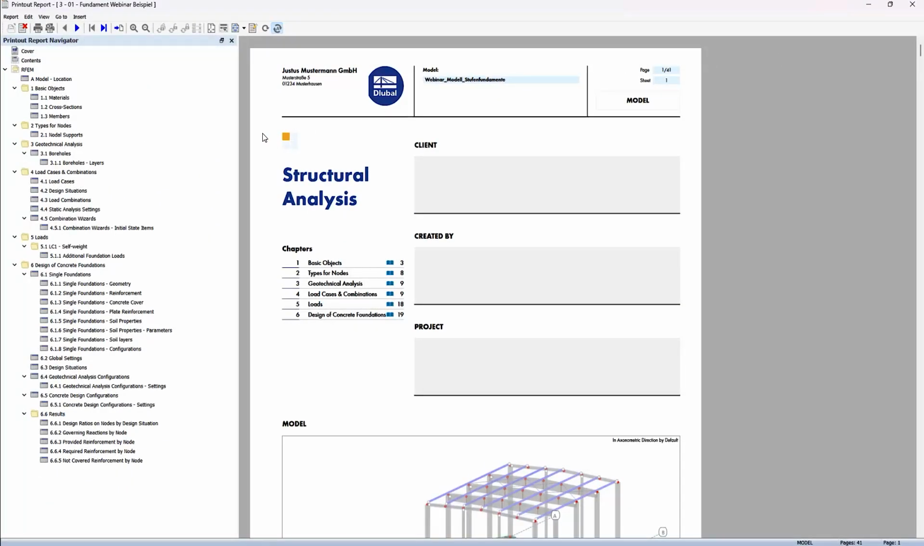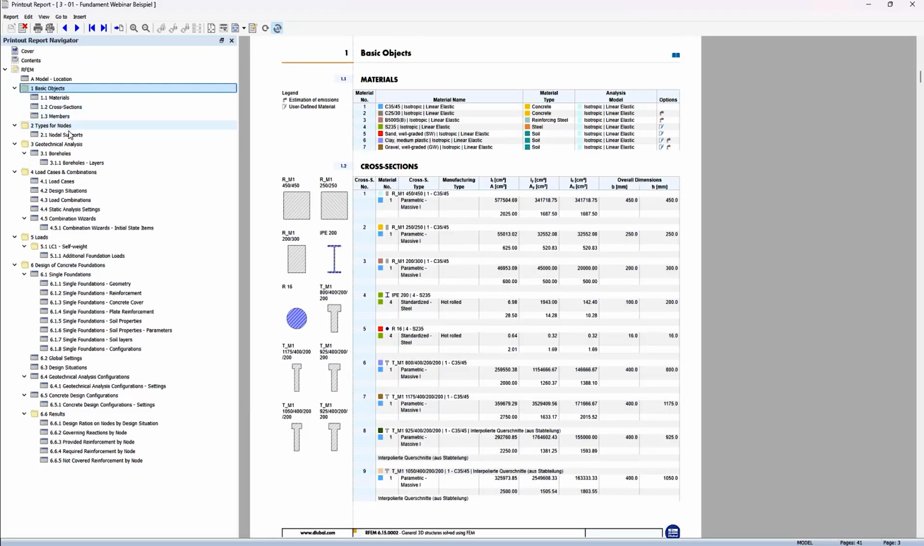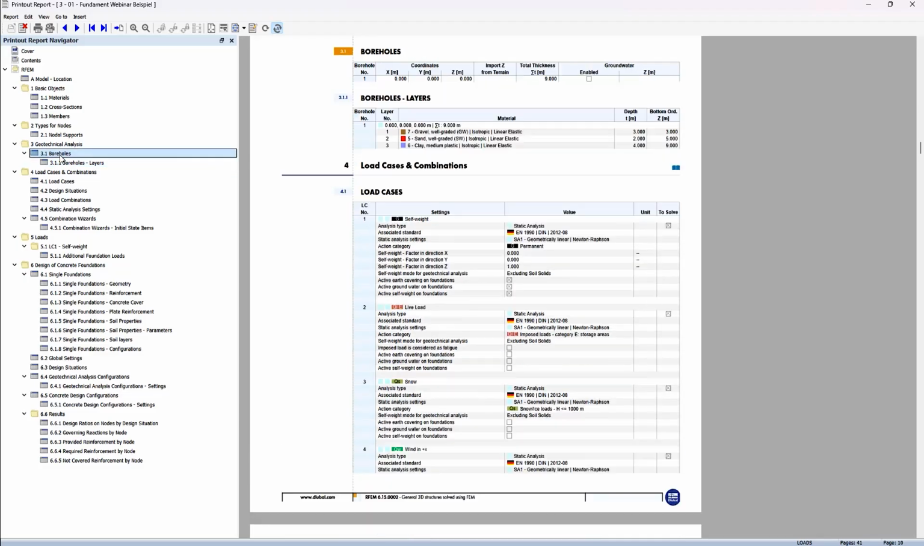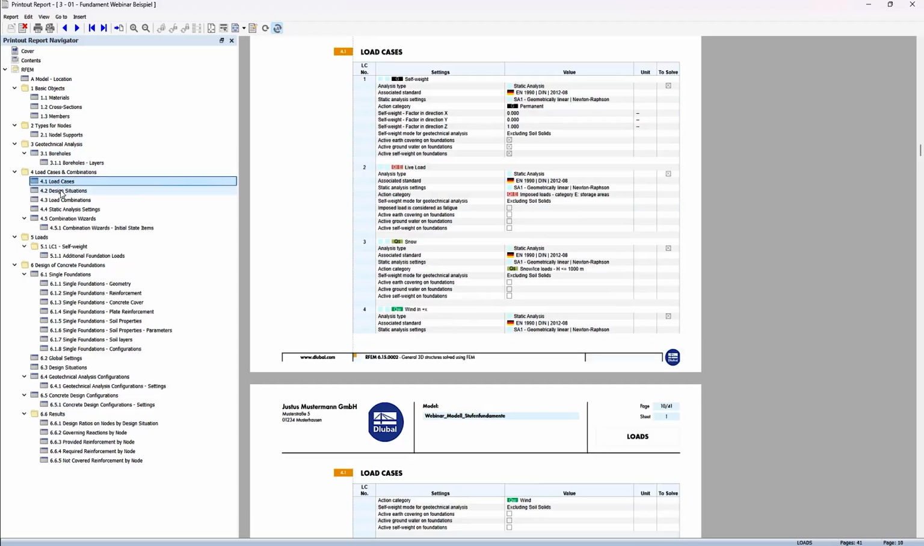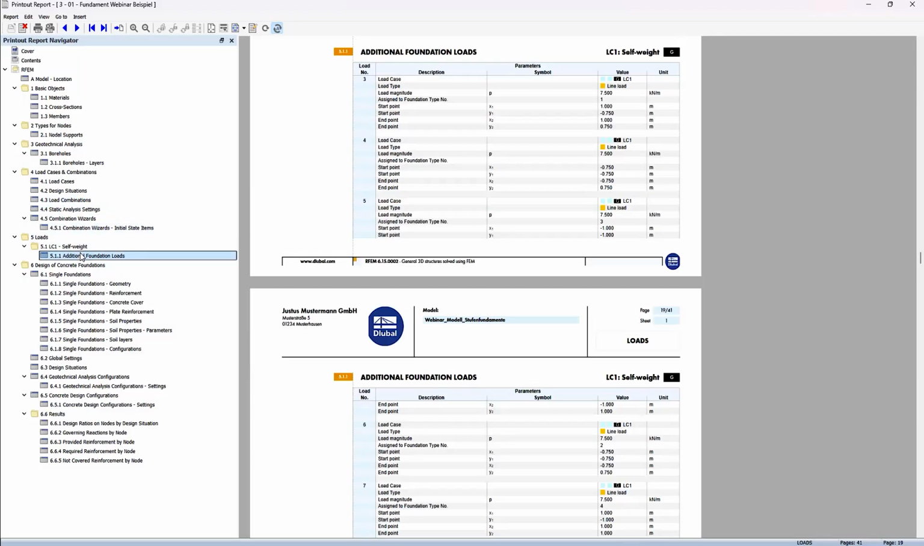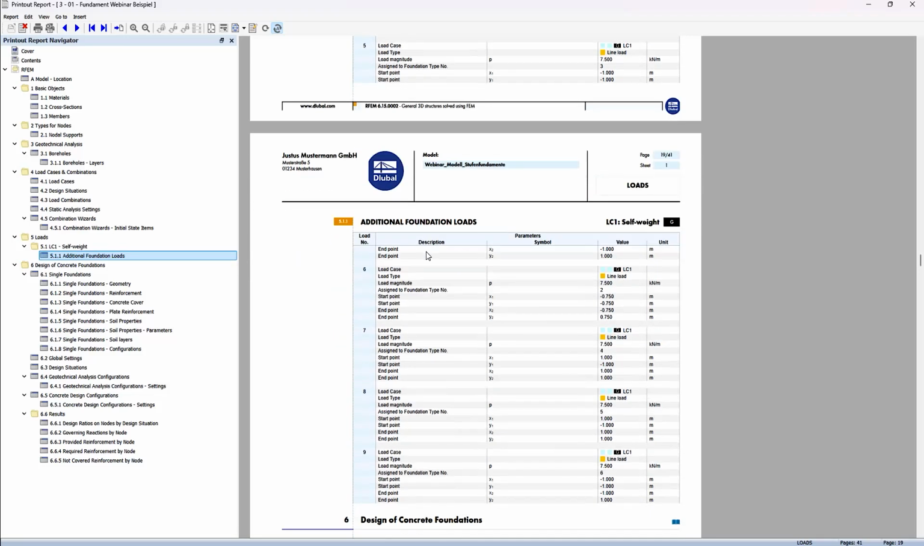Then my printout report is displayed in another window. In this printout report, the basic objects, node types, nodal supports, the boreholes, as well as the load combinations and design situation are listed. Additionally, I have added the additional foundation load table under loads, under the load combination or load case